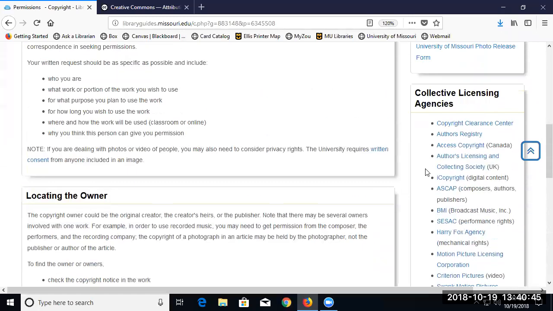Now, thankfully, a lot of those sorts of things are often handled by collective licensing agencies. For published matters, the Copyright Clearance Center handles a lot of copyrights for different publishers. So rather than contacting the publisher, it goes to the Copyright Clearance Center. They will usually charge you a fee. They are in the business of making money, so they will push that. But it's a pretty easy process to do.